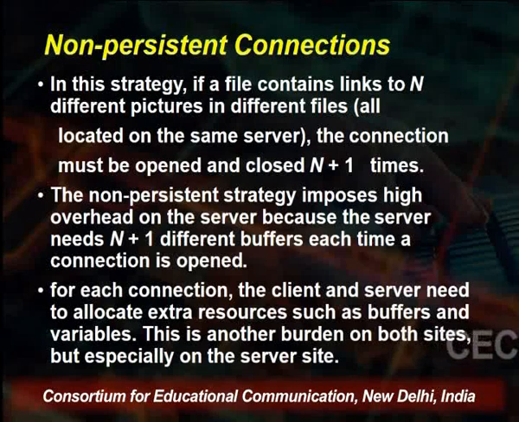So in this type of strategy, basically, if a file contains links to n different pictures in different files, of course all are on the same server, but different files are there. So for n pictures you will need n plus 1 connections to be opened and to be closed. So the non-persistent strategy is a very expensive strategy, because it imposes a very high overhead on the server, because you